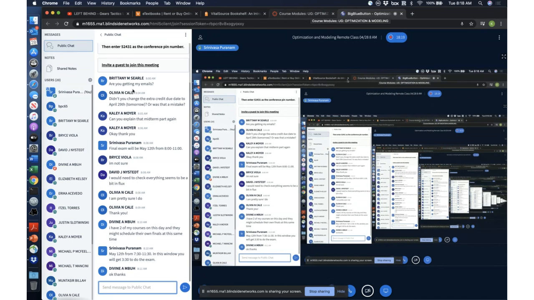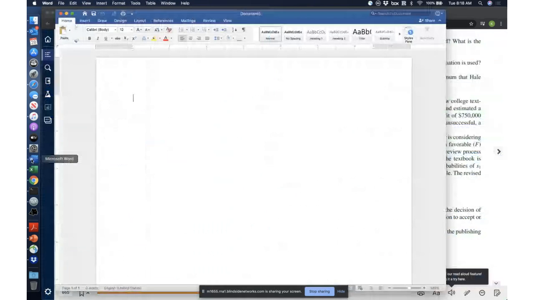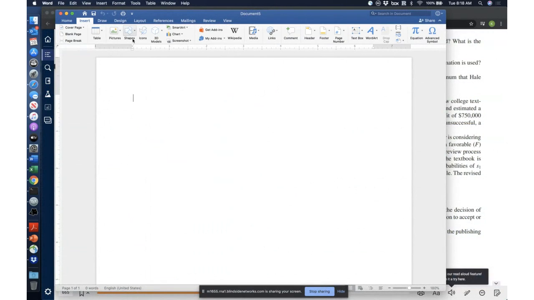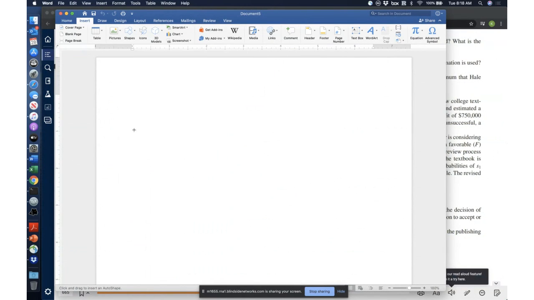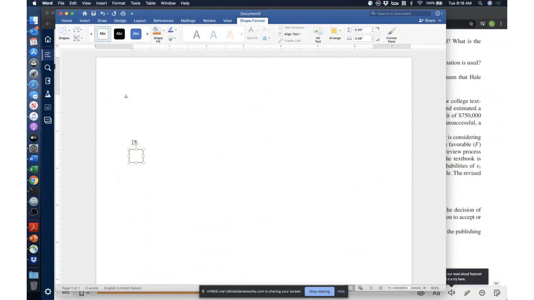So with that said, let's solve this problem, right? So let's solve this publisher problem. Now, the first thing that we do is a decision. So it's a simple decision. So I'm just going to say this is my first decision here, and this is node 1. And here the decision is whether to